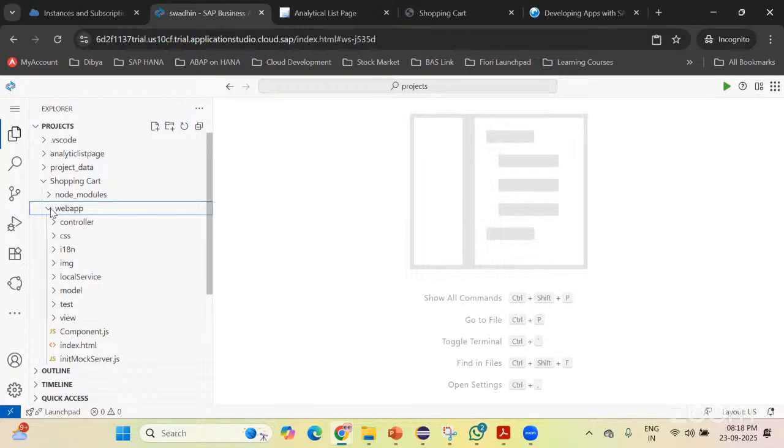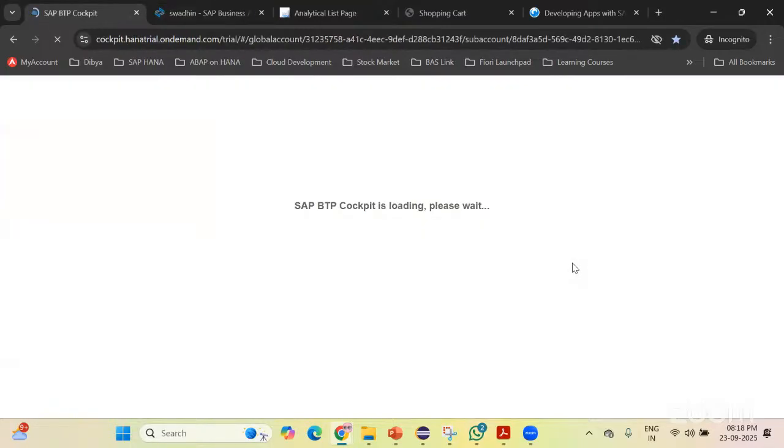Production. If you are creating any production level application, then you have to connect with the backend service. How we will be connecting that backend service, all those details will be given here. There will be a lot of configurations which you have to do on the BTP side. I hope everyone knows about BTP, what SAP BTP is, and how this BAS tool